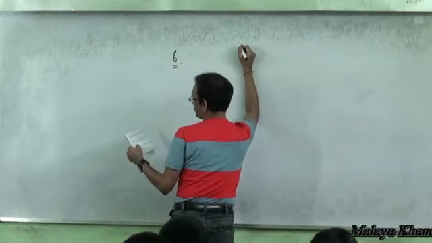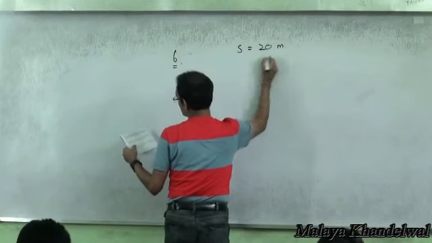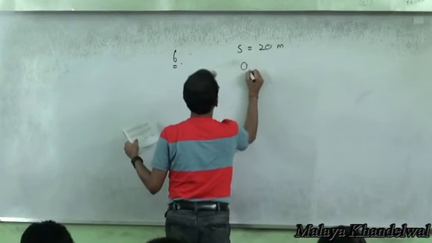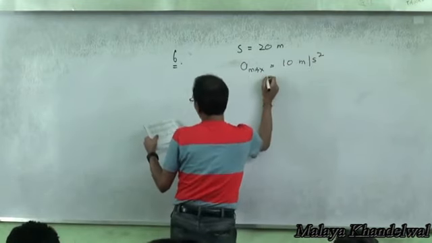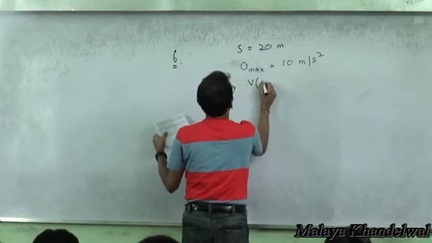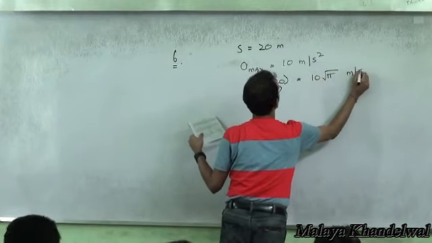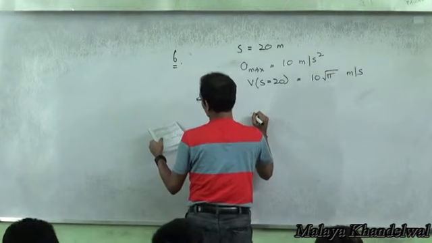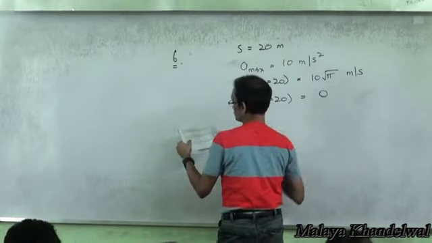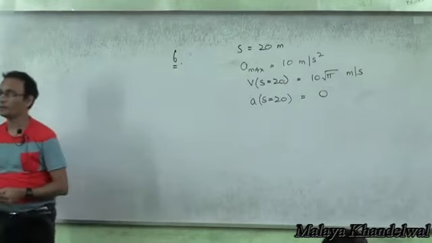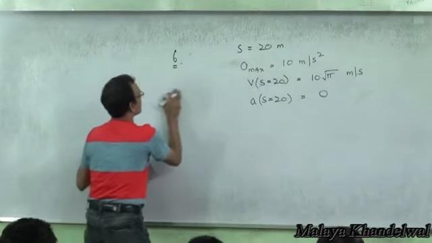A particle starts to move a distance of 20 meters on a straight line to achieve a maximum acceleration, A max, of 10 meters per second squared at such a rate that its velocity at s equal to 20 is 10 root pi meters per second, with the acceleration at s equal to 20 being 0. So it starts from 0 acceleration and runs into 0 acceleration with a maximum acceleration, which means you would expect